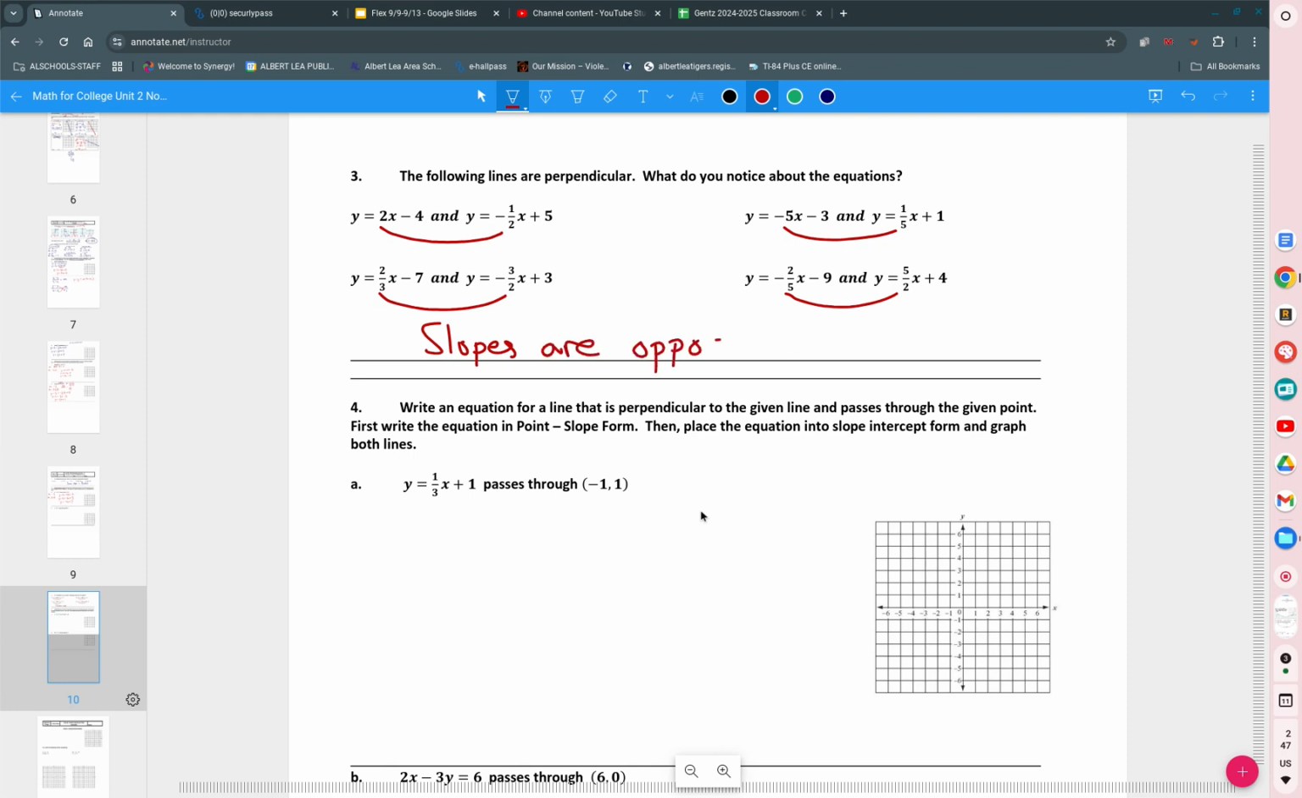The term is opposite reciprocals, meaning that they are opposite in sign, so one's positive and one's negative, and reciprocals in that we flip it upside down. Okay? I used to have, when I taught 9th graders this, I used to